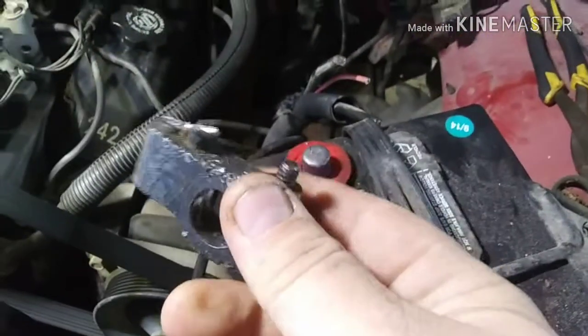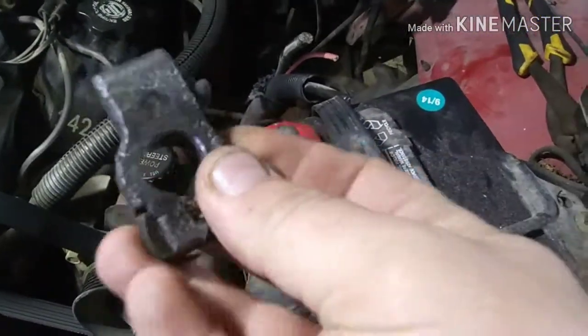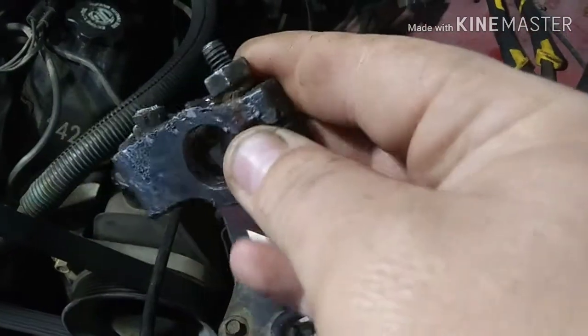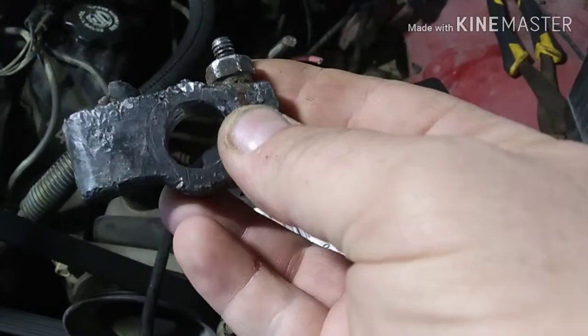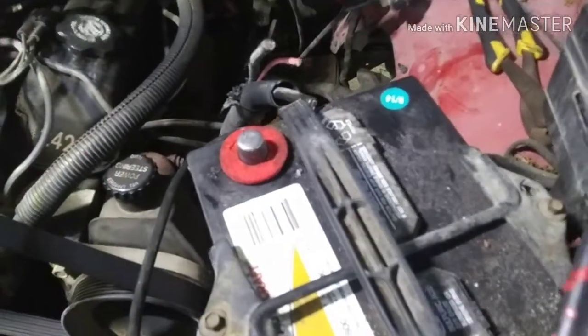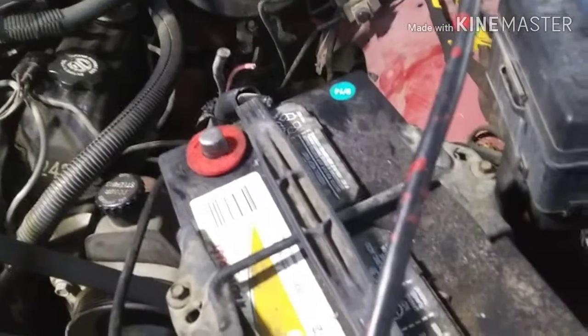I've already cut the other one off. The other one is right here. I've cut that junk off. As you can see, it's seen its better days too. They have unfortunately worn out, and they will no longer tighten down on the post there and stay tight. So